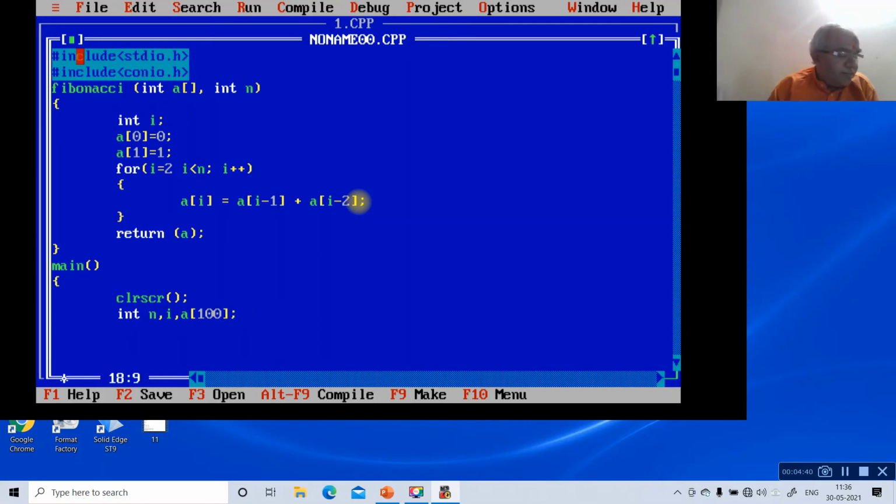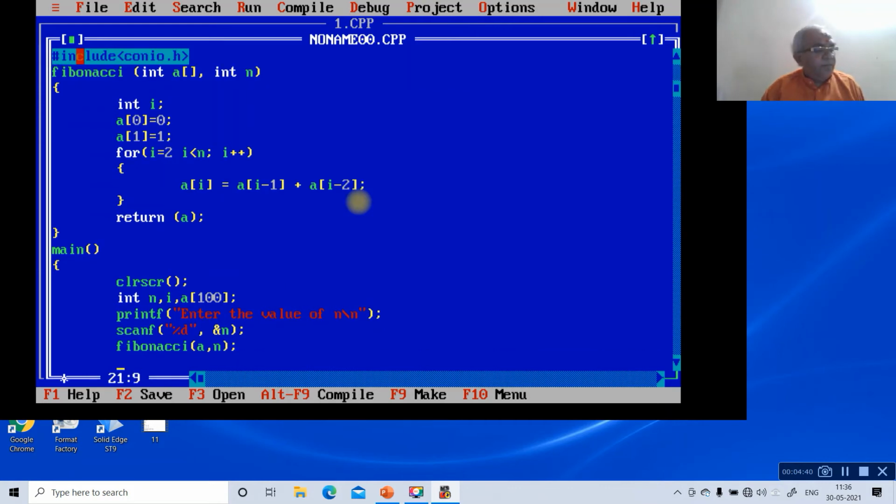I'm entering 100 elements. printf, enter the value of n, then scanf %d and n, then Fibonacci a comma n, going to call that function, then it will execute that function.